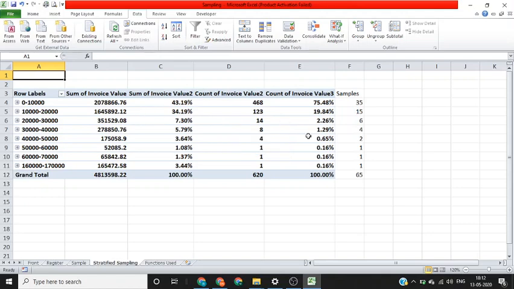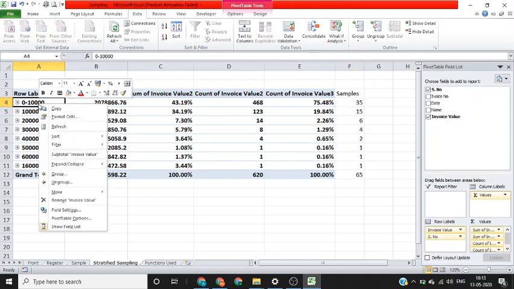So based on this grouping, I will decide that I want to select one sample from this group, one sample from this group, one sample from this group, maybe two samples from this group, four samples from this group, six samples from this particular group, 15 samples from this group, and 35 samples from this group, and this is how I will select my total 65 samples from the entire data.